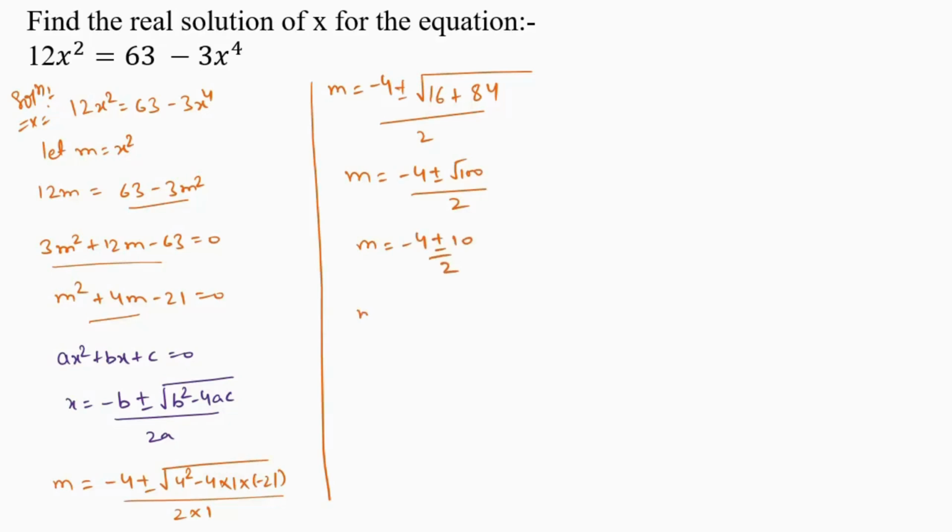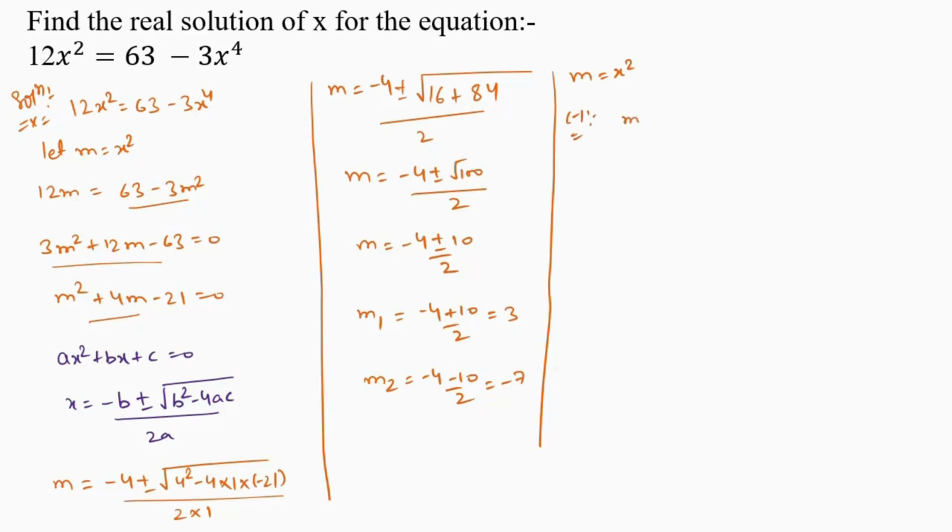From here, we have two values of m, that is m1 equals minus 4 plus 10 divided by 2. So we get 3, and m2 is minus 4 minus 10 divided by 2. From here, we get minus 7. Now, as we have assumed m is x squared, we will put the respective values to find the values of x. So in case 1, when m is 3 equals x squared, from here x is equal to